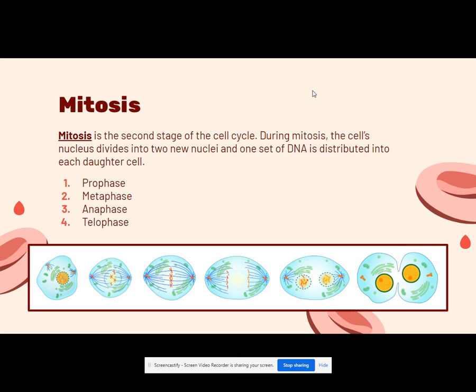During prophase, the chromosomes condense into shapes that can be seen under a microscope. Each chromatid